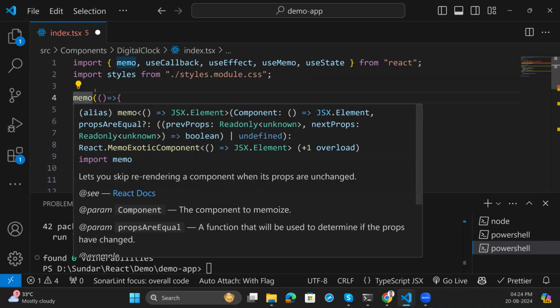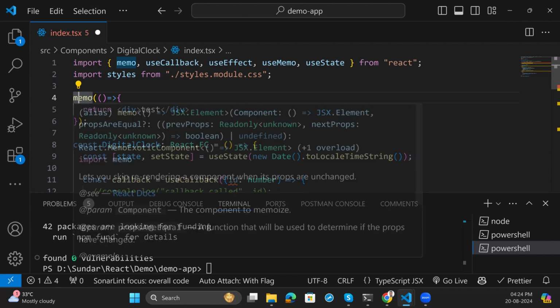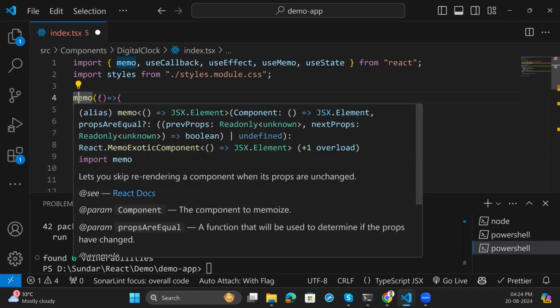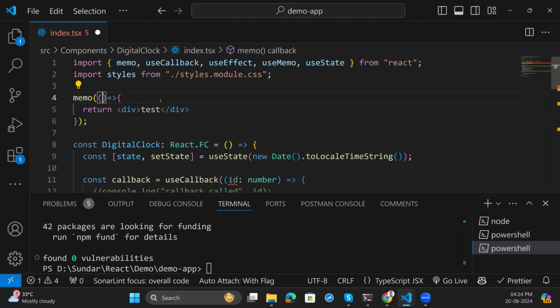So the memo is also kind of the same thing. So what this will do here, whatever the props that are passed here, for example,